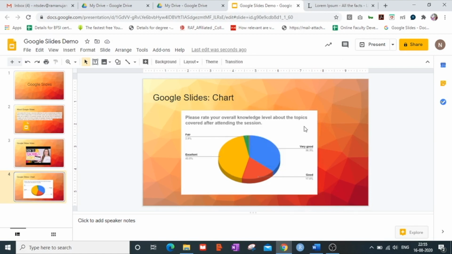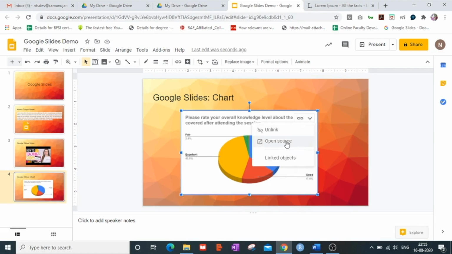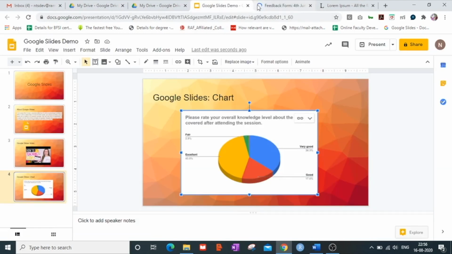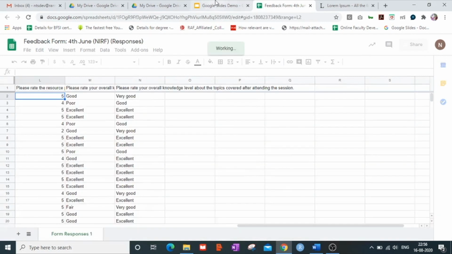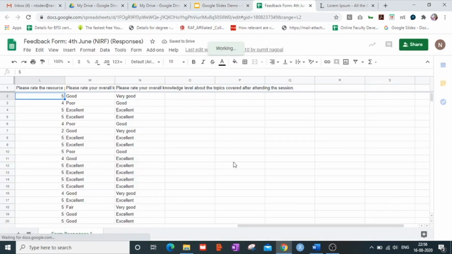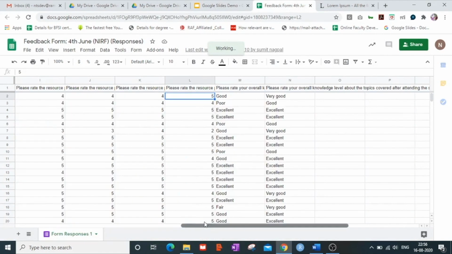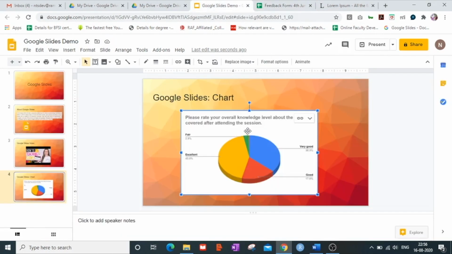Click on this, select this image and click on this drop down. Click on the open source option which takes you to the Google Sheet itself from which this pie chart was linked. So making these changes in this particular Excel sheet will directly reflect on this pie chart.